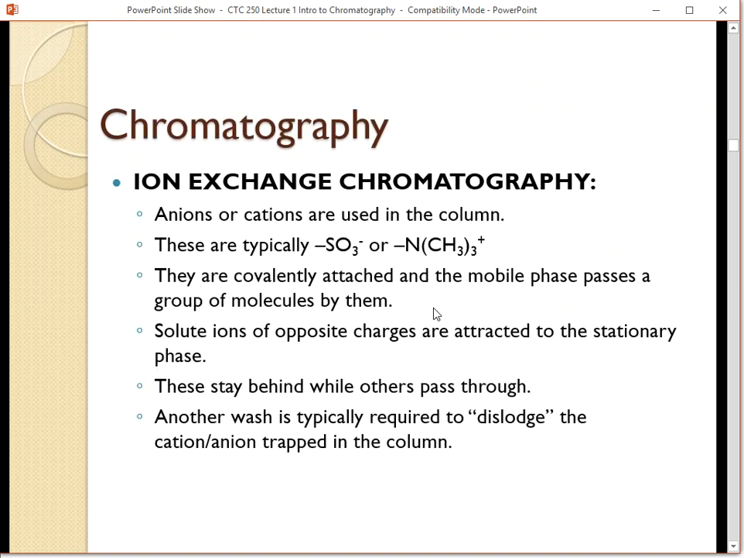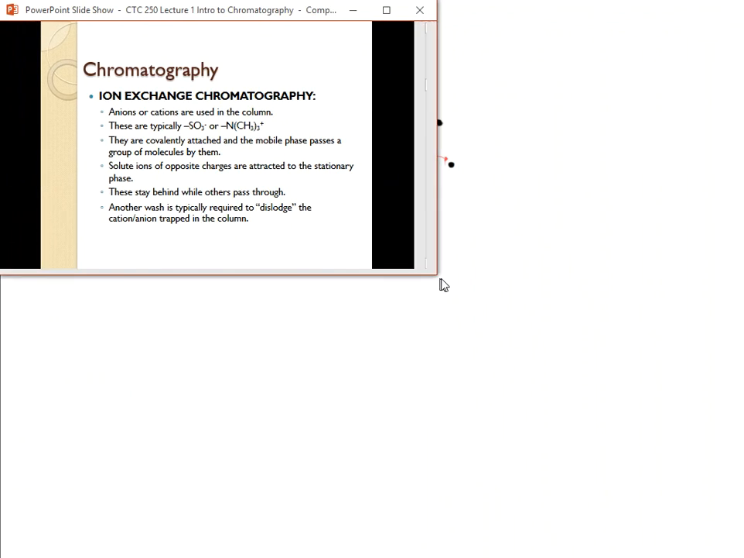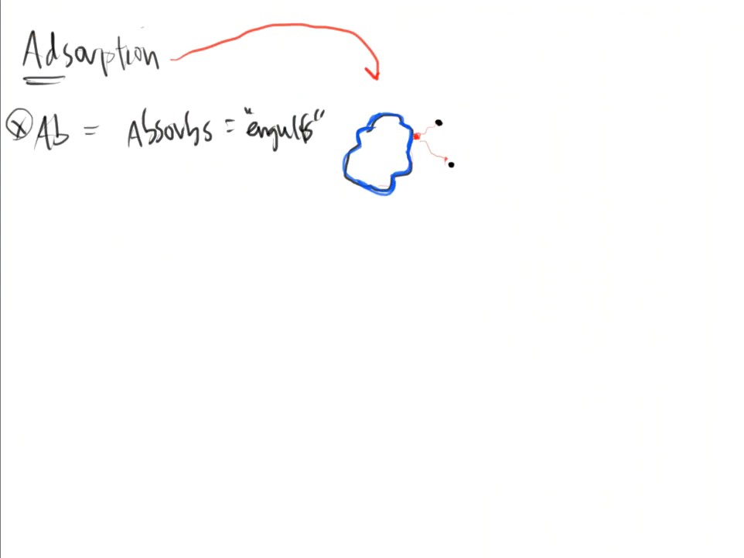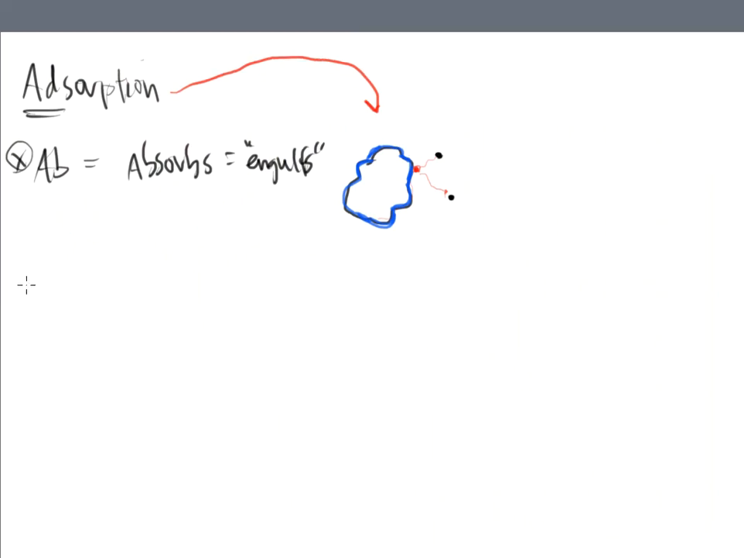All right, so your next one is ion exchange chromatography. And the ion exchange chromatography works on a completely different principle. We still see a stationary phase, right? And this stationary phase is still going to kind of promote the separation from taking place, but it operates a little differently. So with the ion exchange,